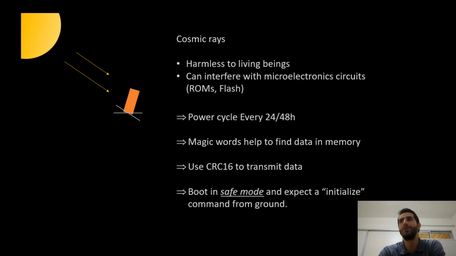So we'll do the same here, because that kind of problem has a random behavior. You don't know when it's going to happen. So it's interesting to do a power cycle, that's what we call it, every 24 to 48 hours, so every day or every 2 days, so that you can refresh your system. Since systems like an onboard computer or a very simple microcontroller with very specific software boot up very fast, a reboot is not very harmful to the system as a whole,